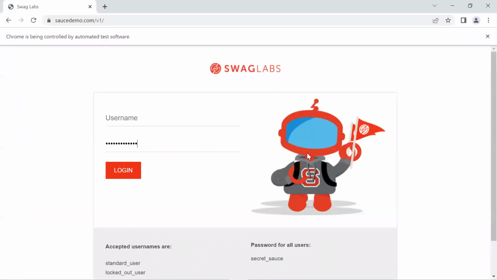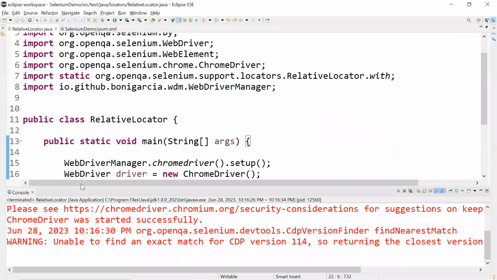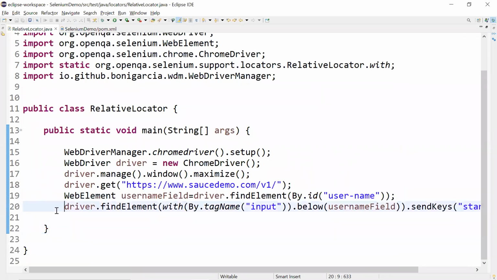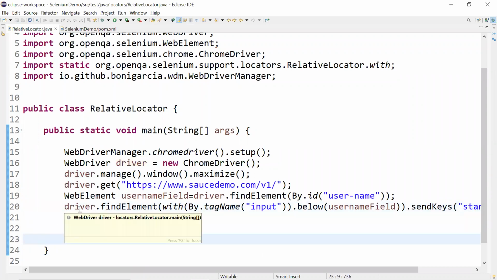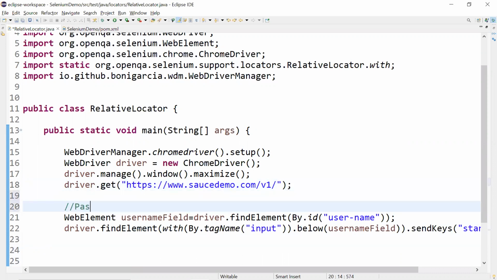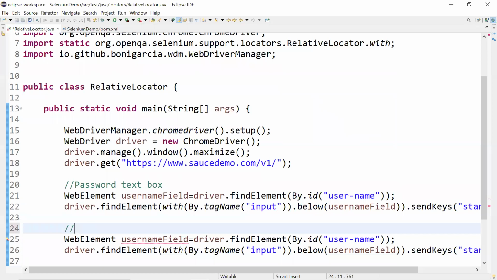All right, so it has performed the entry inside the password field, right? So it is working as expected. So now let us try to interact with the username text box with respect to the password text box. So what I will do is I'll just repeat this step, right? So I'll just make some minor code changes over here. So I'll just say this is for password text box, and I'll just copy this, and this is for username